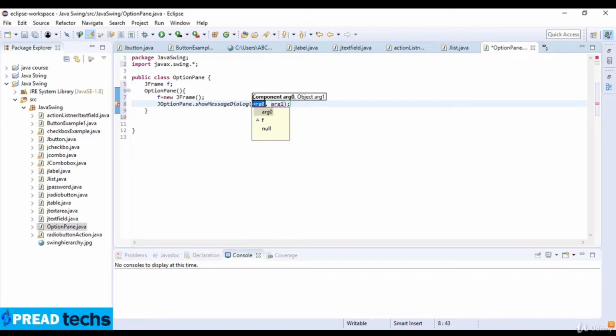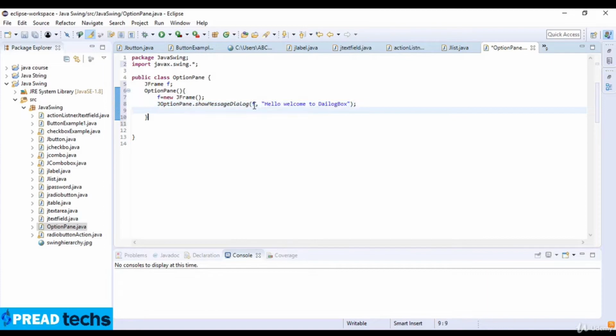It will show us the message dialog box. Here I write a variable which is f, and here I pass a string: Hello, welcome to dialog box. Okay,